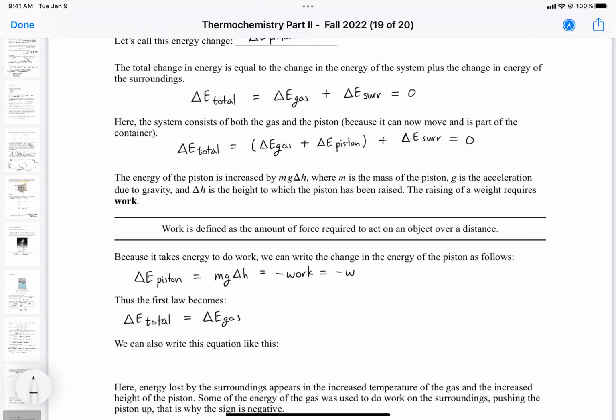So now the weight of the piston, we say it's negative work, minus W, plus delta E surroundings